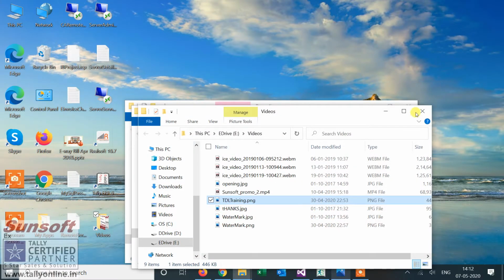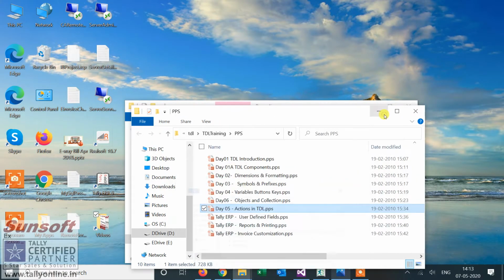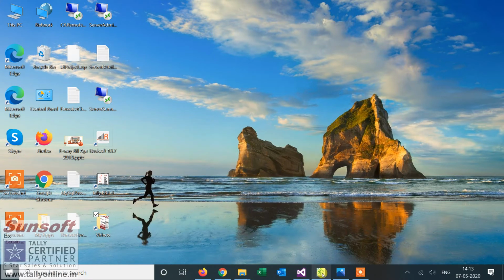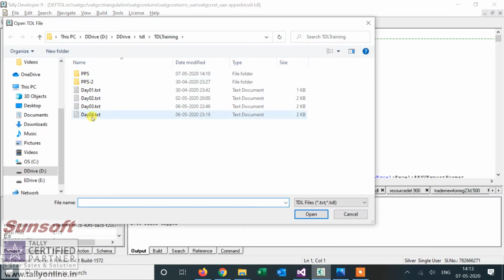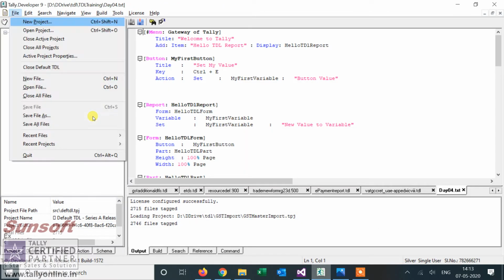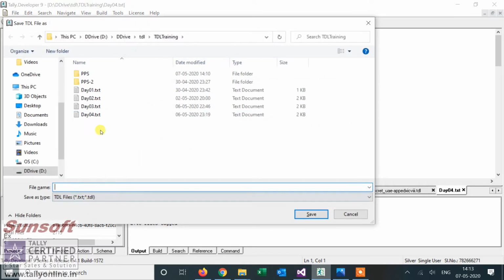So let us start. Today we'll be talking about actions in TDL. So let me start my developer, and I open my day 4 file and save it as day 5.